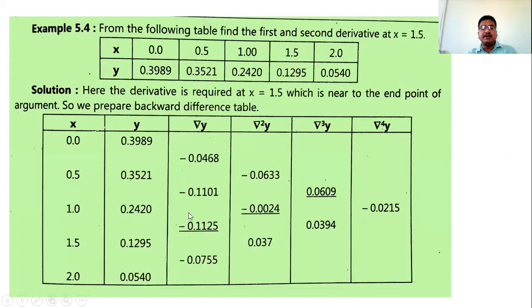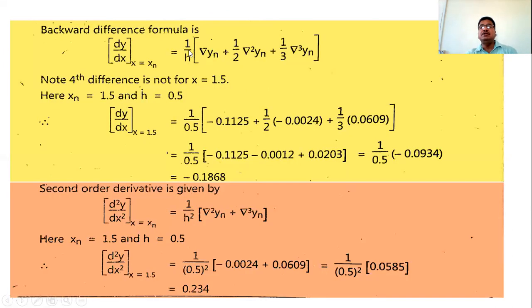This is xn, this is yn, this is del yn, this is del square yn, and this is del cube yn. So substitute all these values, del yn, del square yn, del cube yn from the table, and we have the answer minus 0.1868. So this is the first order derivative